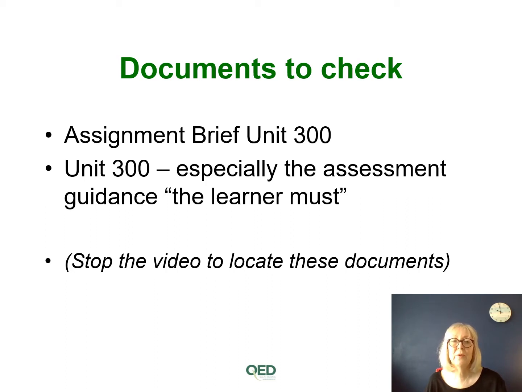And some people, of course, find it helpful to have that physical document. So if you've got a digital folder, you might want to try and get that printed before you start. Looking at Unit 300, the actual unit document, the most useful part of this when you're writing the assignment is the assessment guidance, and it's headed up "The Learner Must", and under that you will see all the requirements for the learner must. And this is what I look at and the team look at when we're assessing your work, to make sure you've covered all those areas, which is why it's so